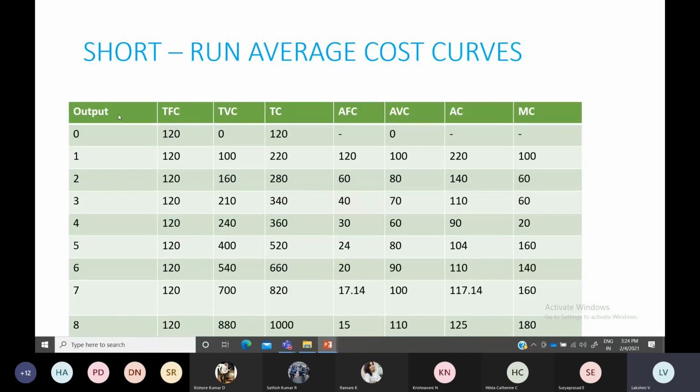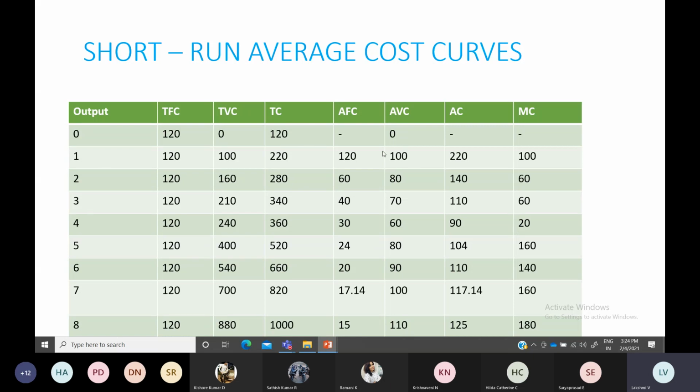So first, if you see this table, it represents your fixed cost and total variable cost. These two put together only you get total cost. Similarly, average fixed cost and average variable cost, both these two put together give average total cost, or average cost. And then marginal cost is different. But this table denotes that. So now we are discussing only the average variable cost.